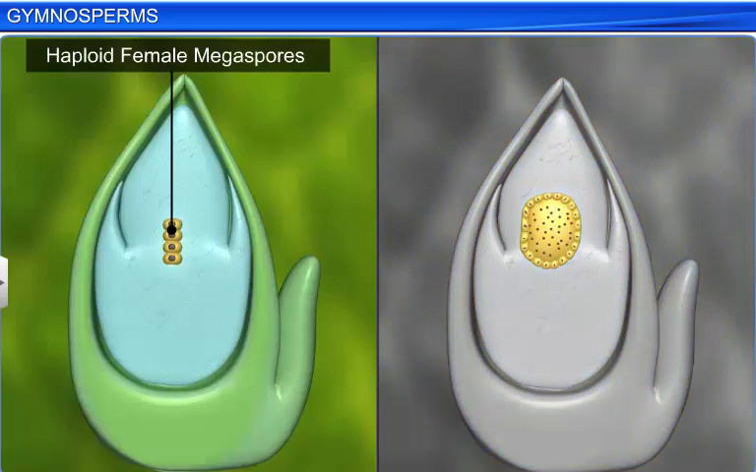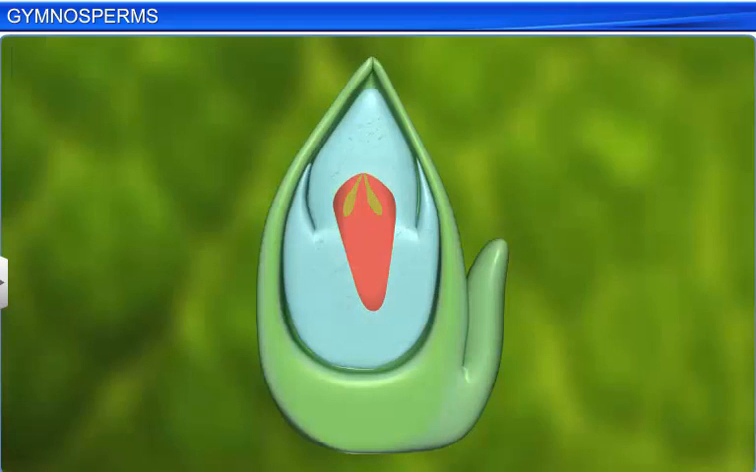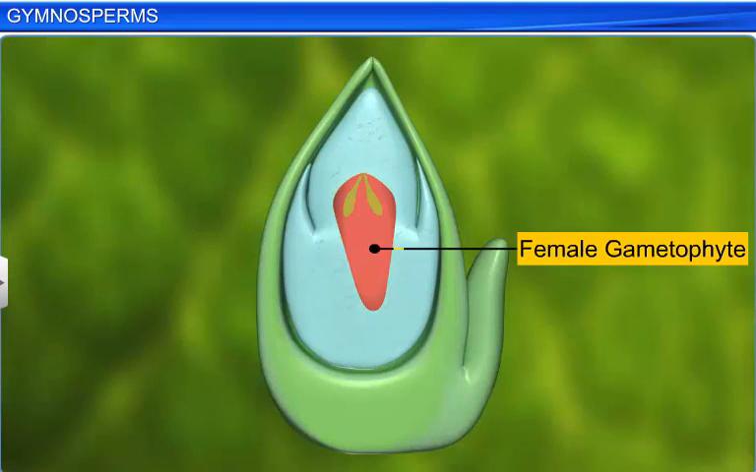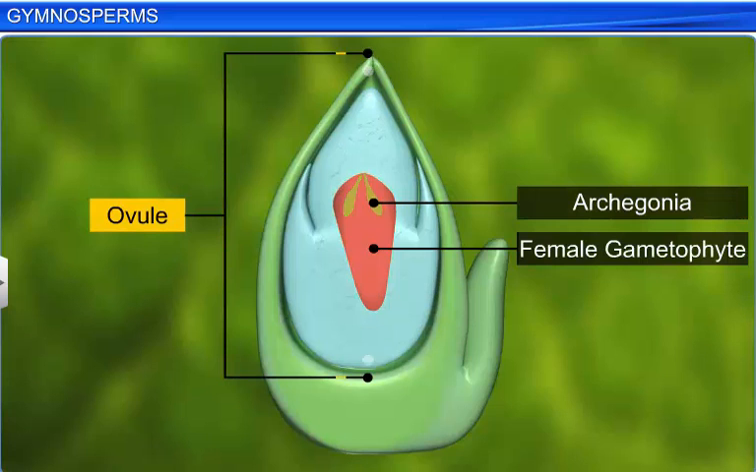One of these spores develops into a multicellular female gametophyte. The female gametophyte further bears 2 or 3 female sex organs called archegonia, which develop inside the ovule. The development of archegonia is followed by the fertilization process,